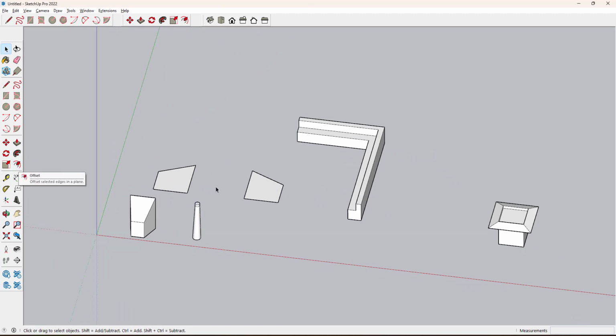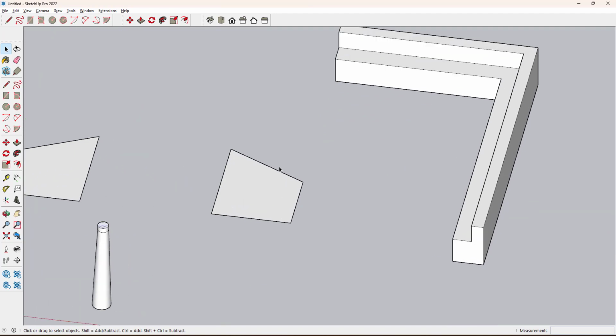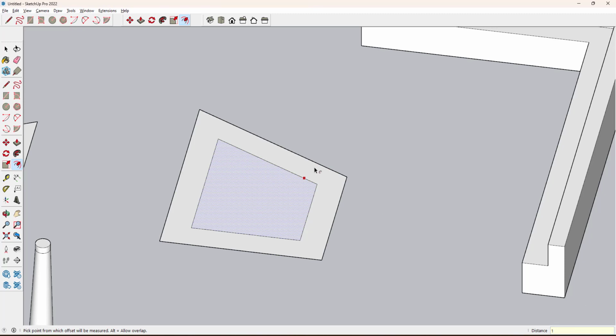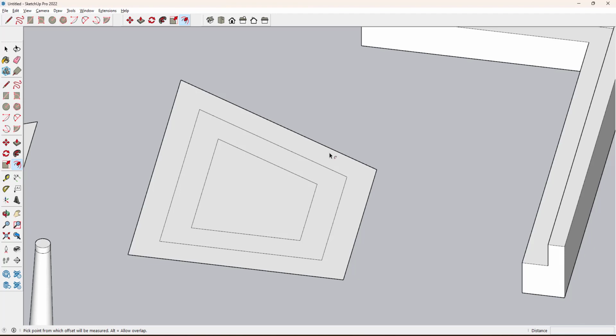Next one is offset. Like AutoCAD, if you want to give an offset, then you can go with the Offset command. Next, make sure you are selecting the faces, take the offset, that is F, and then keep the cursor within the face or highlighted face. Click the point or edge, then move it inside or outside in whichever direction you want to take a copy, and then it asks for the distance, at what distance you want the offset, that is 1, enter, like this. You can even continue the same by giving another value. Come out from the command by